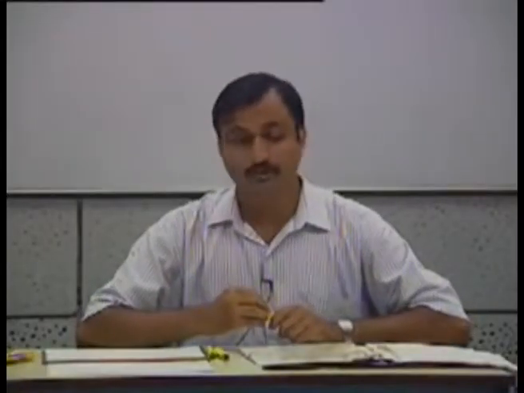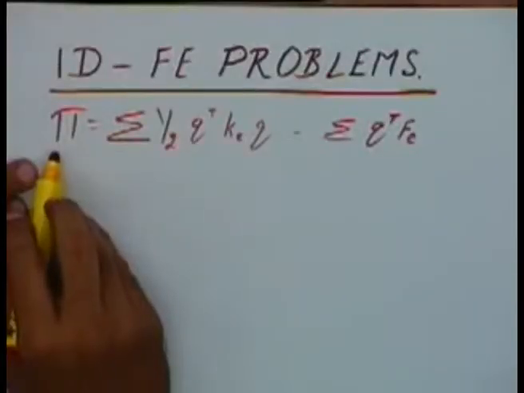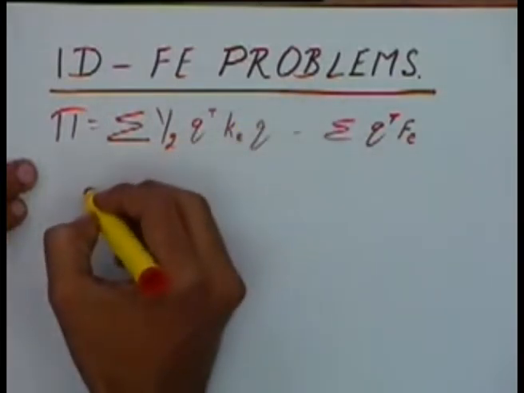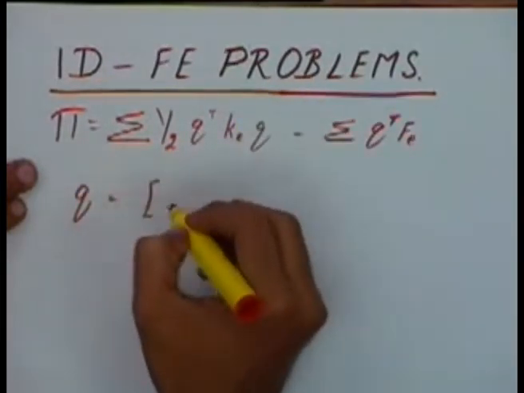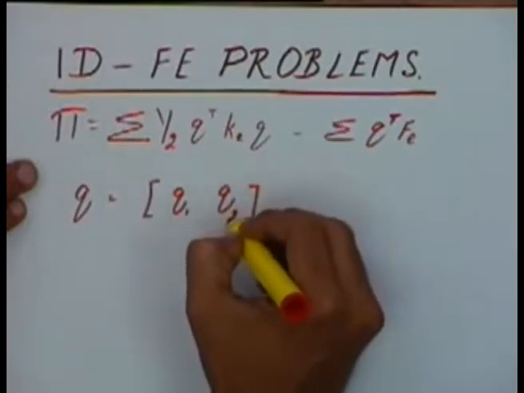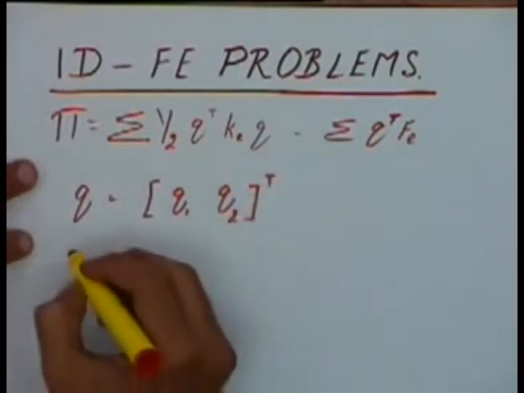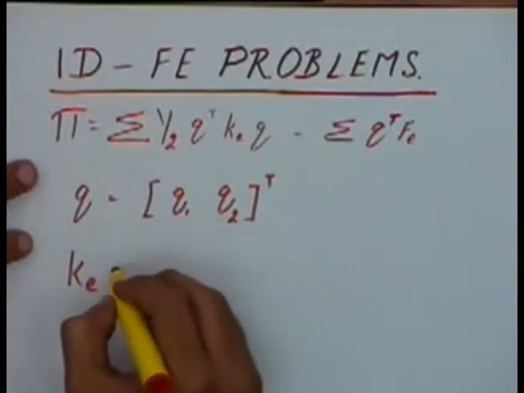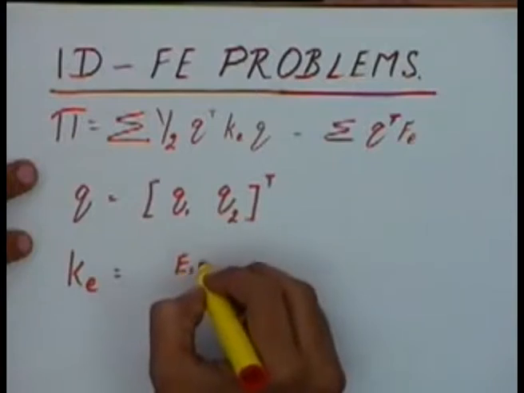Today we will be talking of the one-dimensional finite element problems, and in the last class we had seen how to get this potential energy expression. We had shown that the potential energy of a set of one-dimensional finite elements is given by this expression, where Q is the deformation vector given by Q1 Q2, okay, and we had shown that Ke, that is the element stiffness matrix, is given by the expression